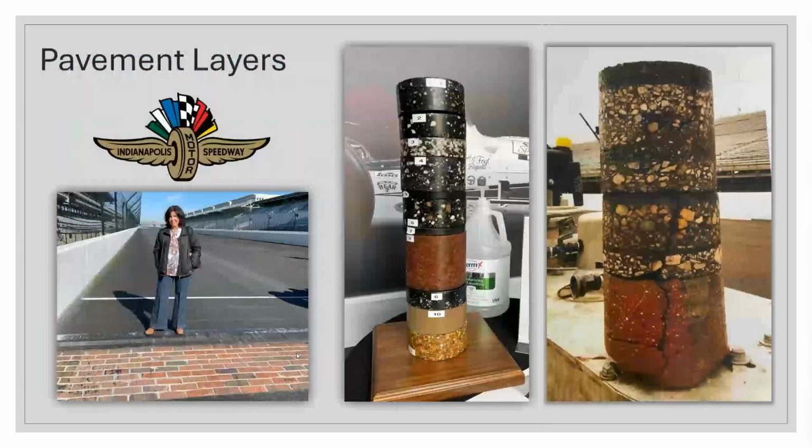So, not too long ago, I was in Indianapolis and went to the Motor Speedway, did the whole tour, and it was all about cars and racing and things. But the cool thing was they did have a little display with all of the different pavement layers at the Brickyard. And that red layer, if you can see my cursor, it's right here in the middle at number 8. That is the original layer and how it got its name, the Brickyard. But you can see all of these different layers and different surface treatments, different layers of asphalt as they've repaved it over the years. That is a significant pavement structure. So pretty cool. Just kind of a little extra for you.